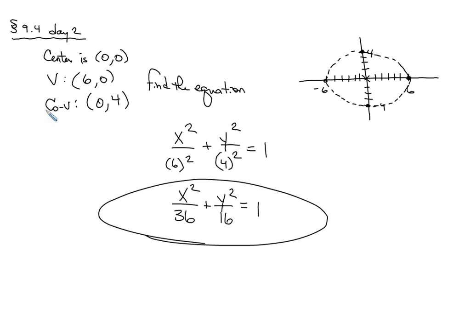The next thing we need to take a look at is, what if they change this up a little bit? It's really easy if they give us the vertex and the co-vertex, because the vertex is really telling us what a is, right? And the co-vertex is really telling us what b is. But they don't have to tell us a and b. Sometimes they're going to tell us one or the other, but not both, but they'll give us another piece of information along with it. So for example,